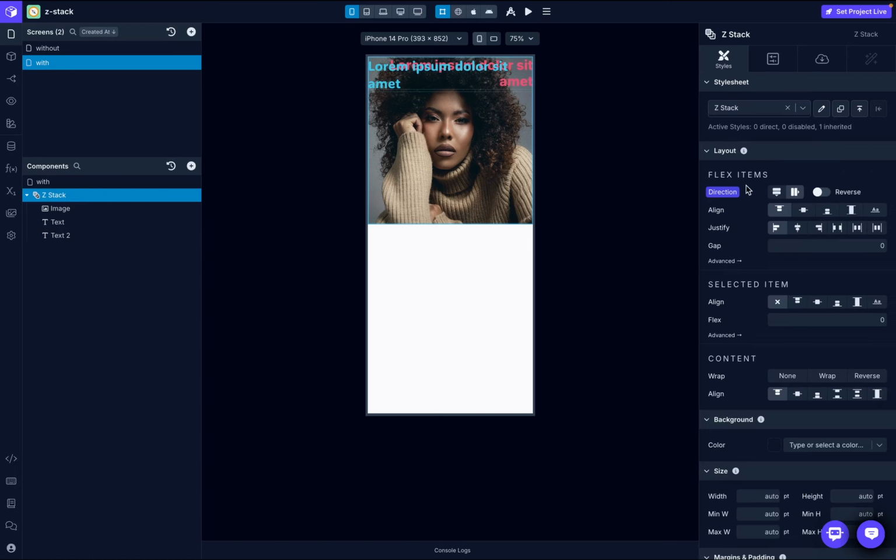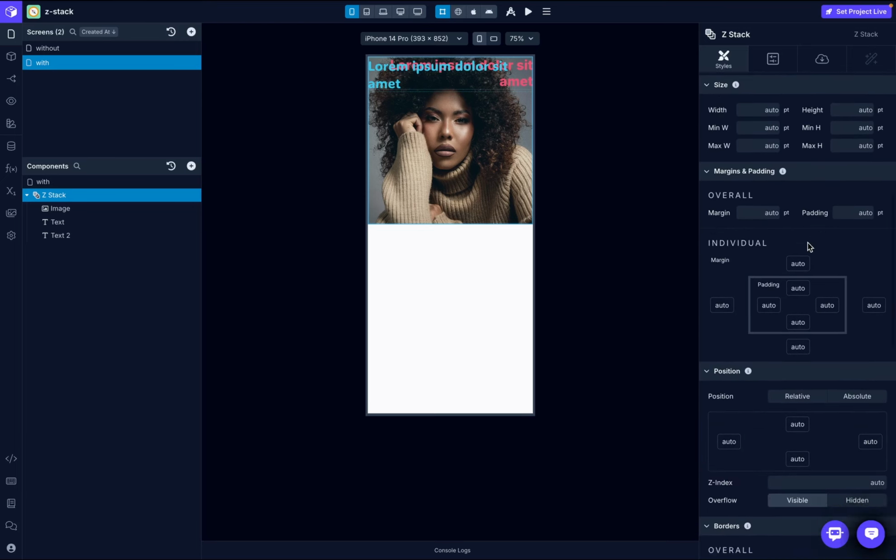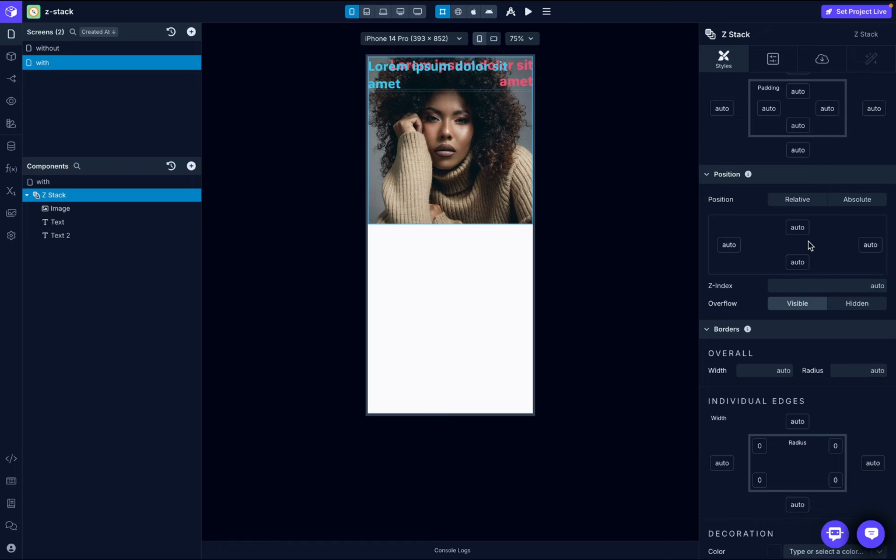Then lastly, you can also style it. So we just have basic stylings that come with all components inside Draftbit. We can add padding, we can add width, height, margin, then we can change the position. And that's it for the Z-stack component. Compared to the traditional method, the Z-stack makes it so much simpler to create layered layouts